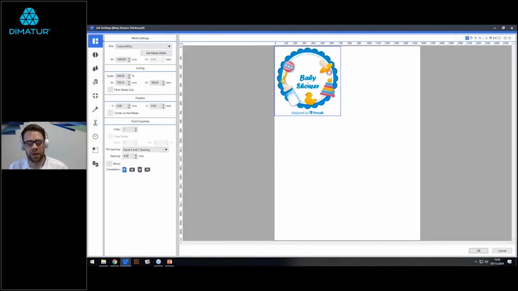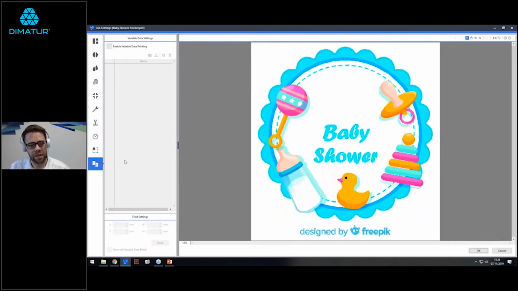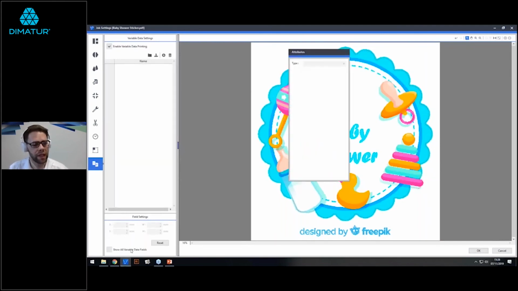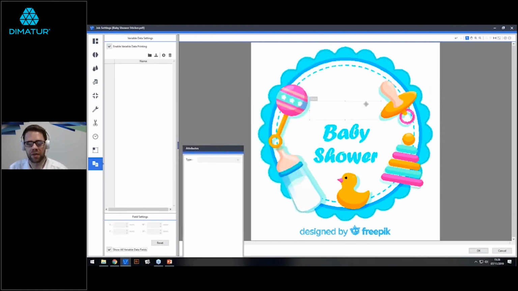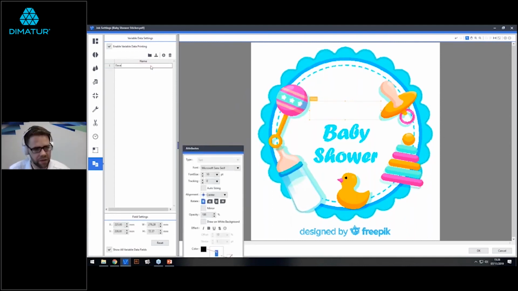Okay, so at the moment you can see in here where the variable data part would be, there's nothing showing. Same principle, we go down to the variable data tab, click enable variable data printing and show all variable data fields. Can then see that our variable data field appears just down here. And then we can start to fill that using the plus button here. So we can do Dave, oh, put a little apostrophe S on there, Dave's, okay,